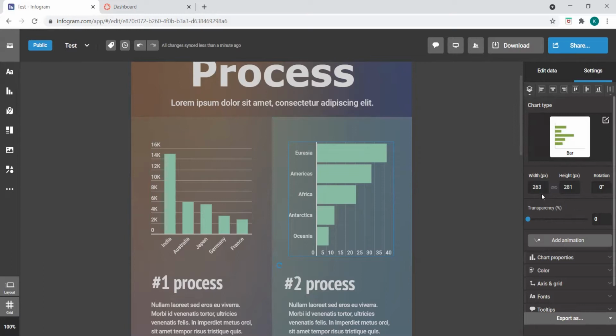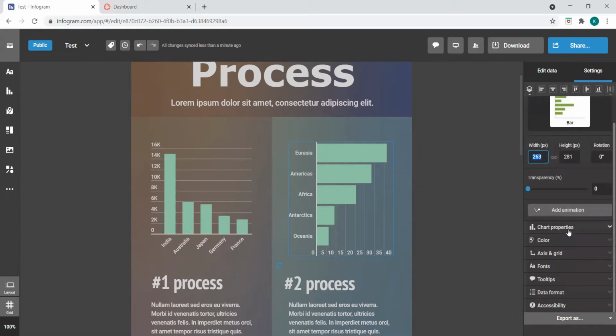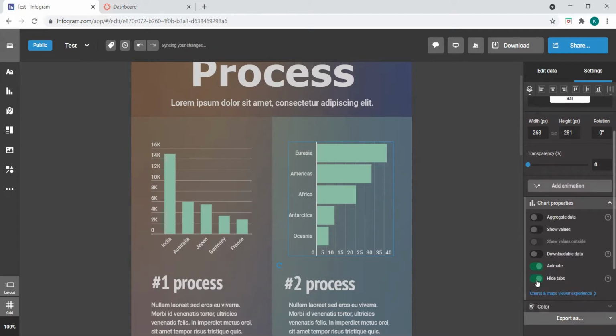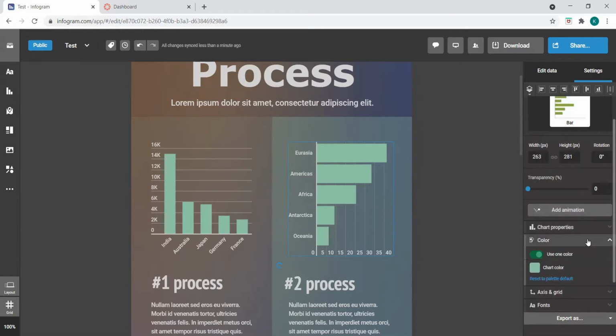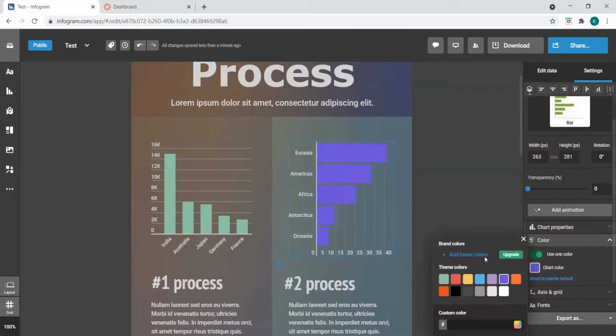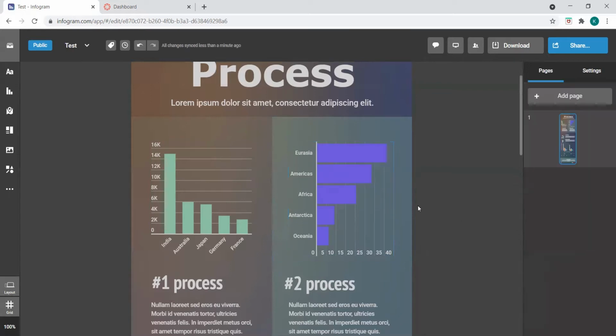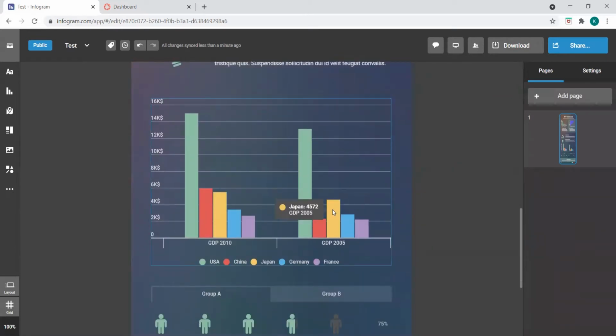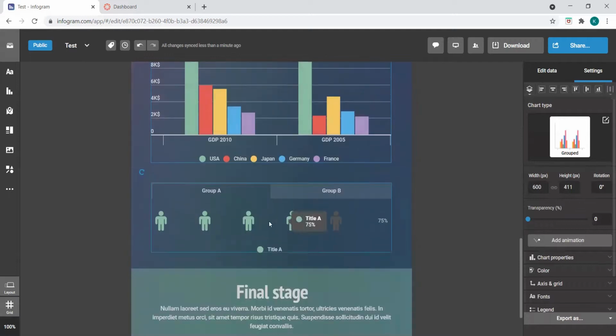We can also decide the width of the column, the height, and the transparency effect. Now, if we go on to the chart properties, we can see some of the various values. If we click on hide tabs, it will hide our tabs. Second is colors. We can choose the chart color if we want some other color. So here I will select purple. As you can see, the chart has been changed to purple color. This is also the same way.